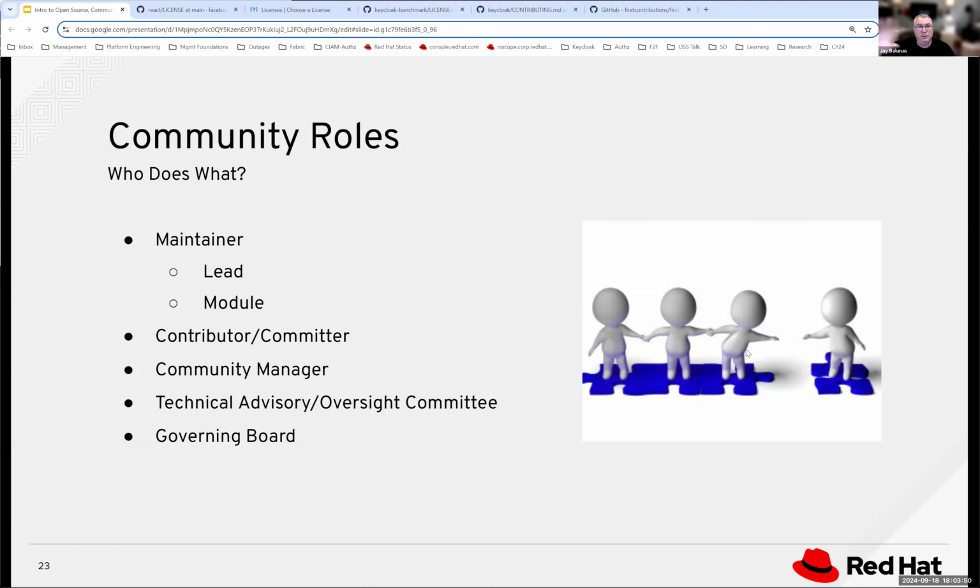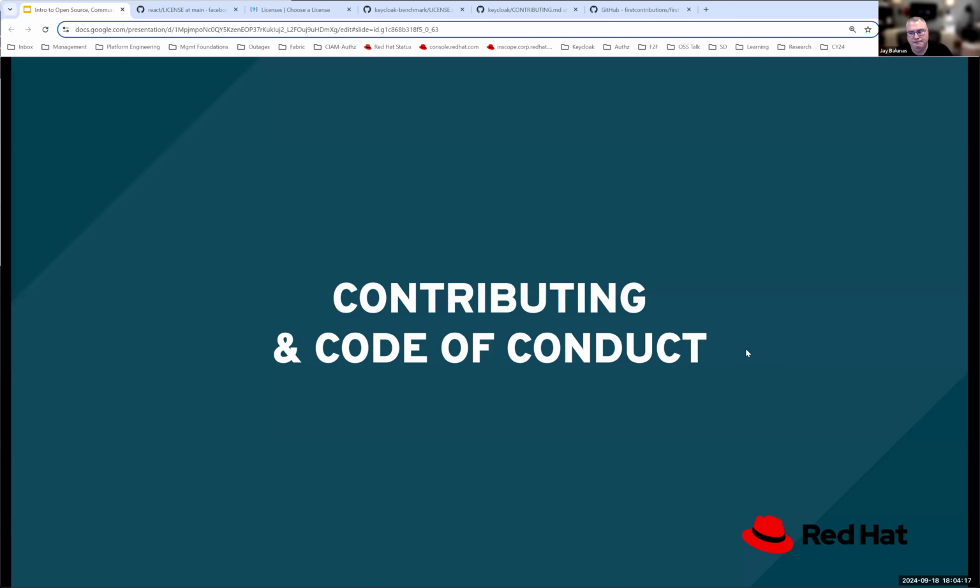Like Kubernetes is a huge cloud project, right? And it's part of a foundation, and part of that foundation is a governing board and stuff like that. You don't have to worry about that too much, especially getting started. But it's just good to know that there's a lot there if you want to dig in. But mostly you want to become a contributor or committer, be able to send PRs, work through issues, diagnose bugs, stuff like that.